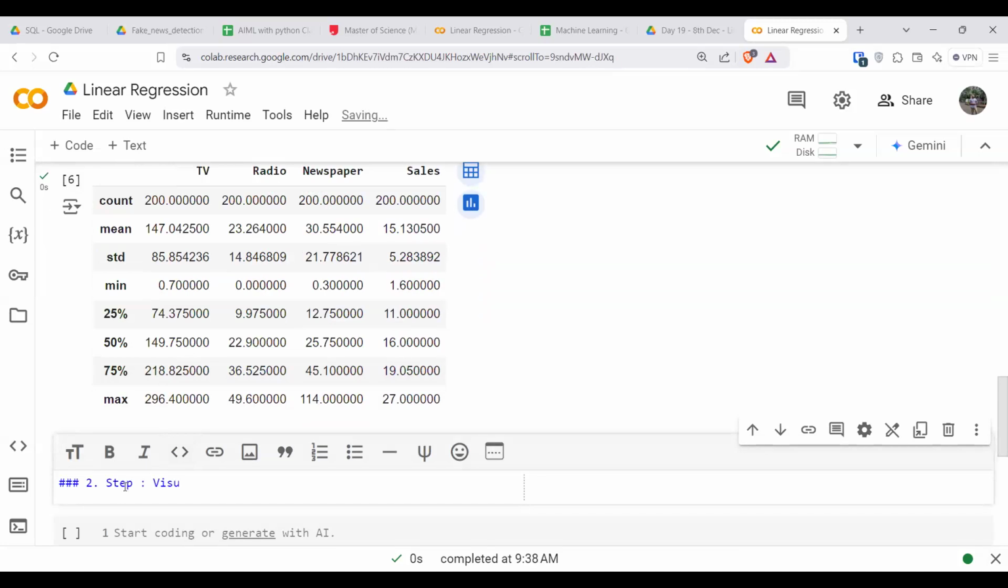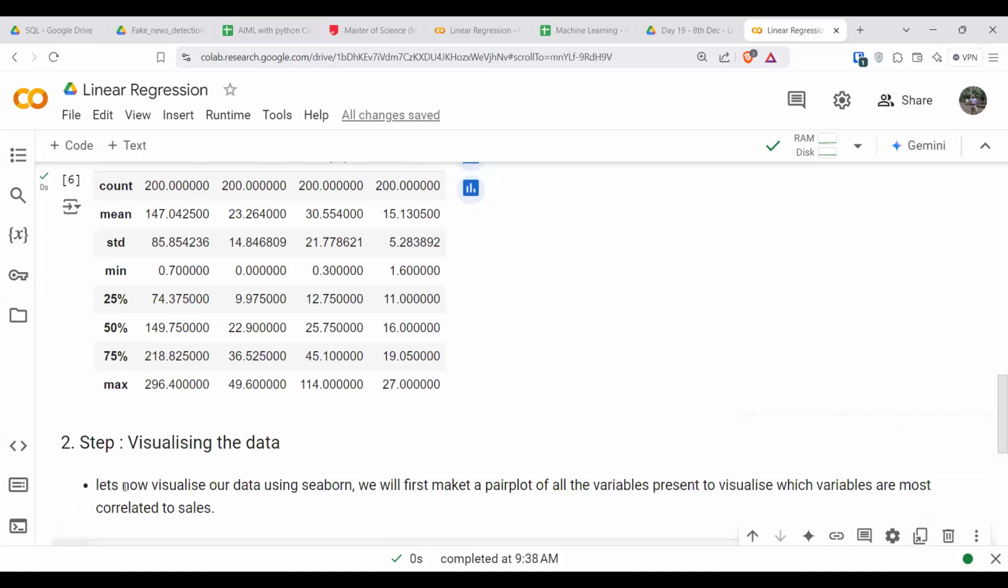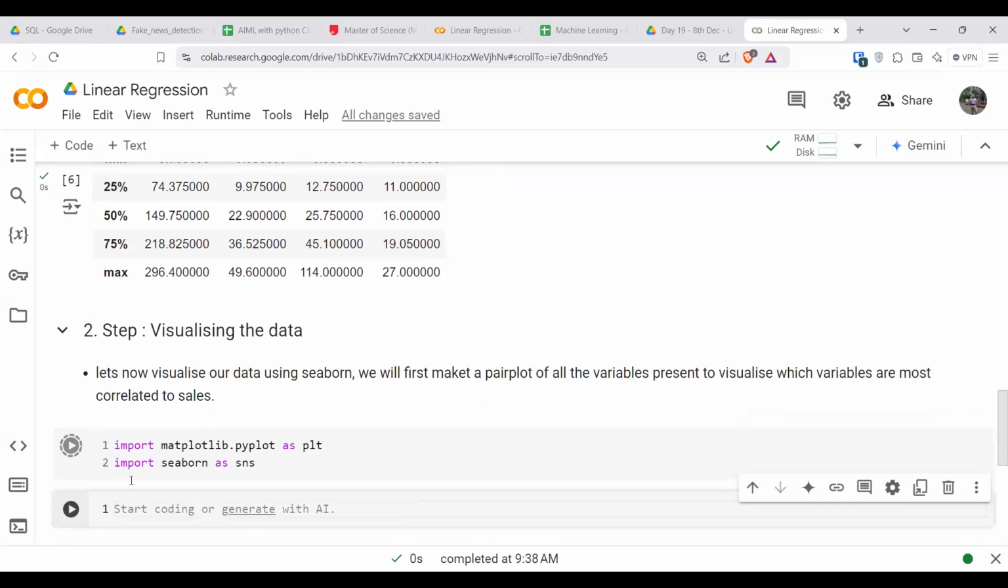Now, step two can be visualizing the data. Simple. Let's now visualize our data using Seaborn. We will first make a pair plot of all the variables present to visualize which variables are most correlated to sales. So we'll import matplotlib.pyplot as plt, and we'll import seaborn as sns, right? And we'll do a pair plot